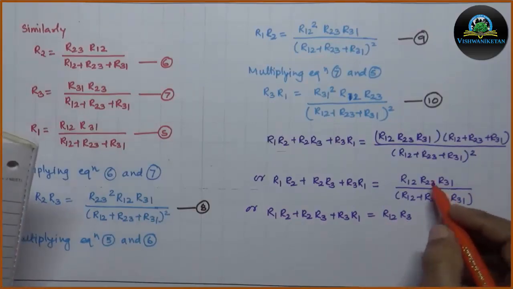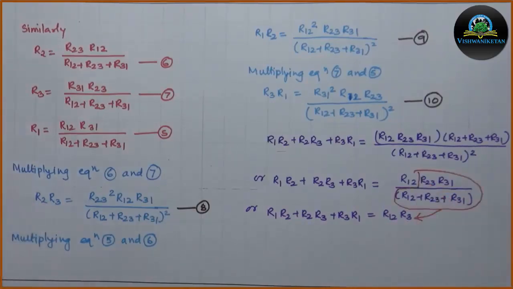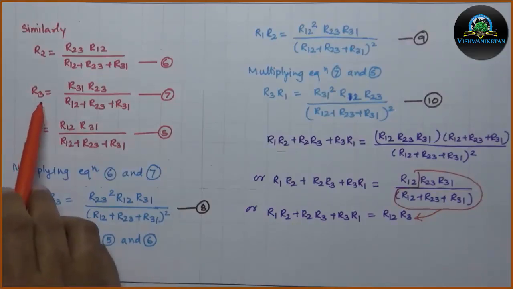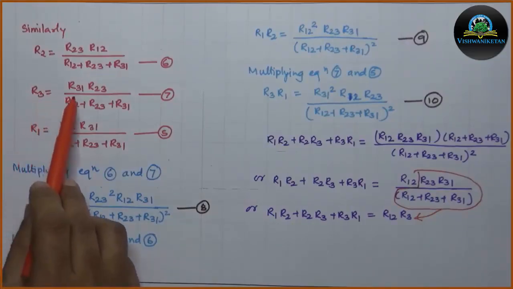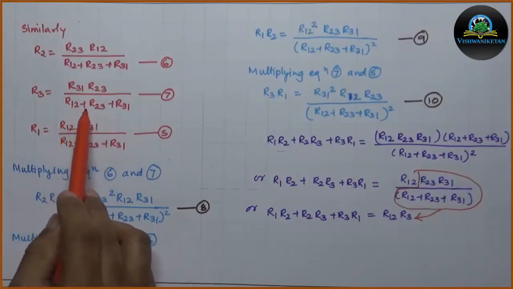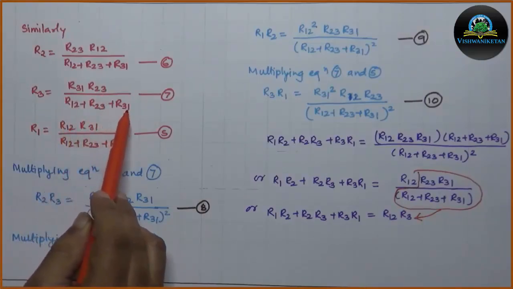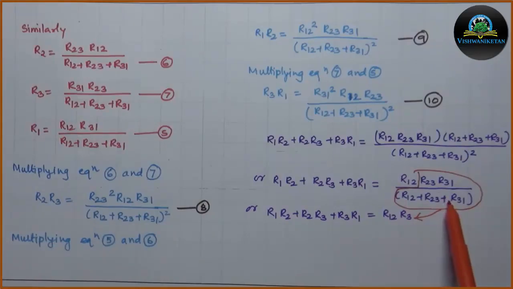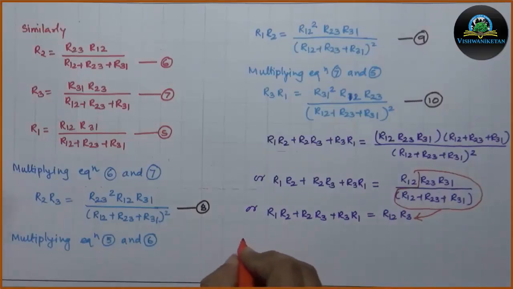Now R3 will be replaced by this portion as from equation number 7 we get R3 is equal to R31 into R23 divided by (R12 plus R23 plus R31). So we will replace this term by R3 and finally I will get the 3 resistor equation as